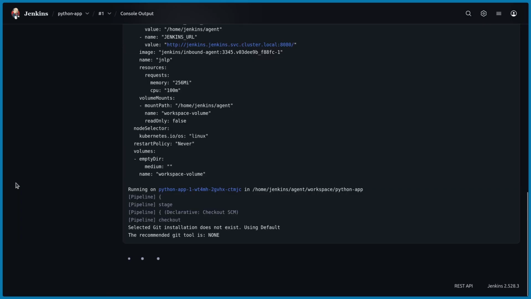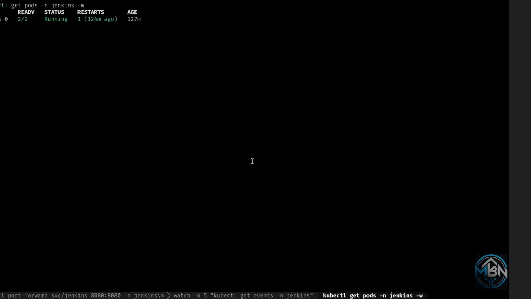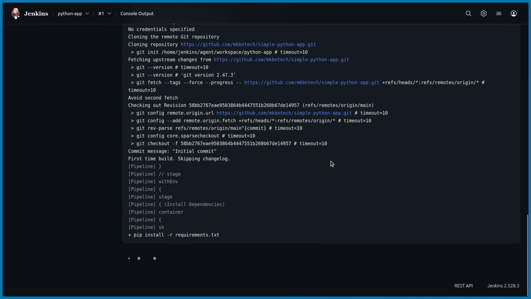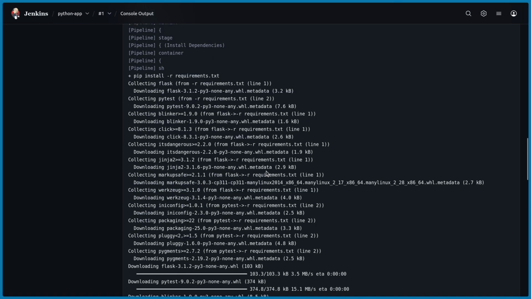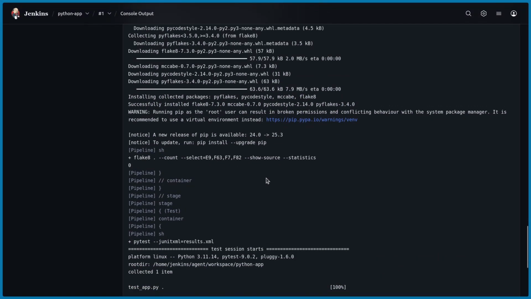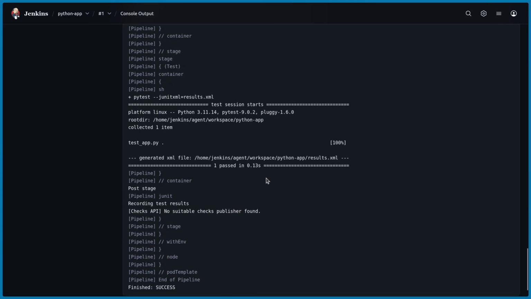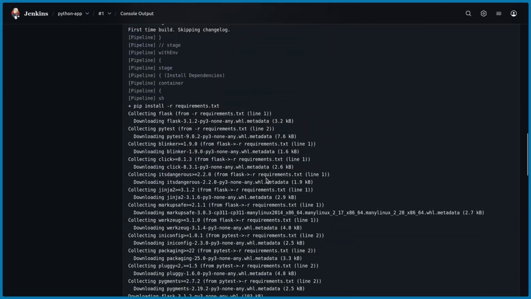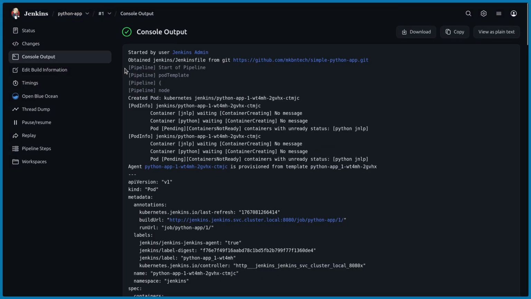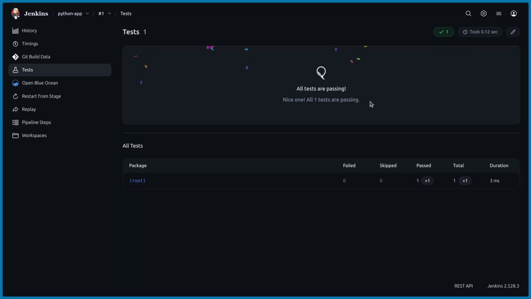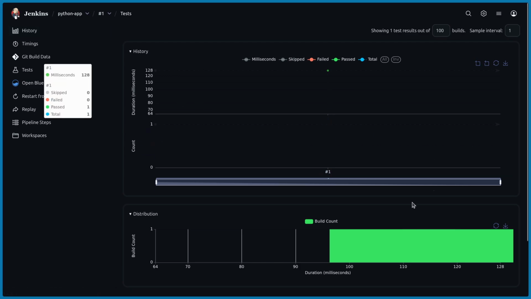Let us take a look at the console, and it has created a new pod called Python app, and it has checked out our Git repository. It has installed our requirements. Then it has built our application, run the PyTest, and exported the result. Our pipeline is successful. We can scroll up and we can see it is passed, and we can click on test. We had a single test which is passing,